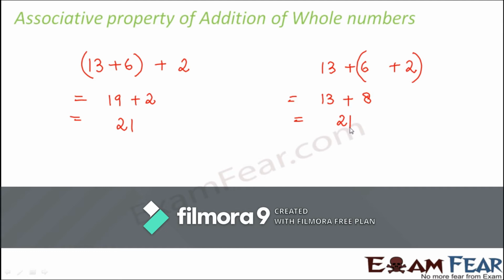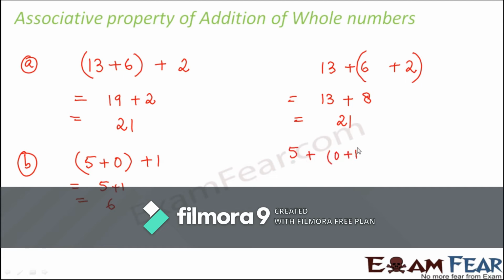So when we have to add three numbers, whether we add the first two numbers first and then add the sum to the third, or we add the second and third numbers first and then add their sum to the first, in both the cases we get the same result. Now, let us take one more example to verify this fact. Let's say we consider three numbers 5, 0 and 1. So the result here would be 5 plus 1, which is equal to 6. Now, if the same thing we perform in a little different way, what happens? In this case also, we see that the result is the same.